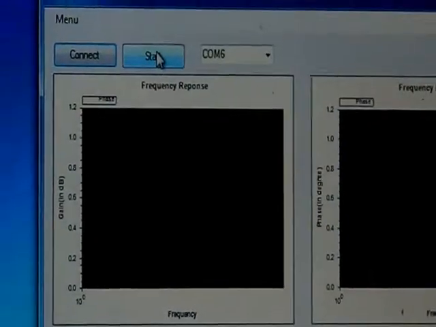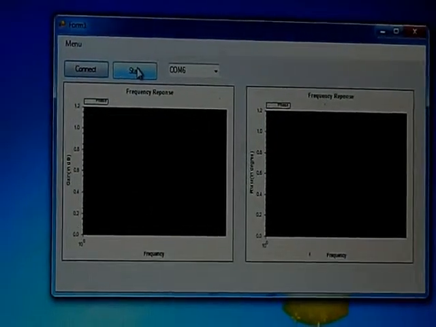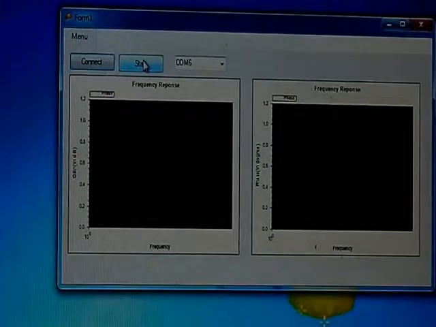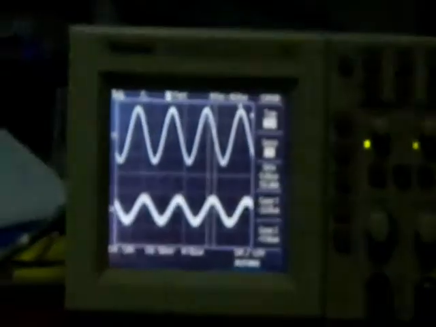When I click the start button, this software will send a signal to the MSP that it has to start the process. It will start generating the sine wave of different frequencies. Now, as you can see on the oscilloscope, the frequency of the sine wave is changing.